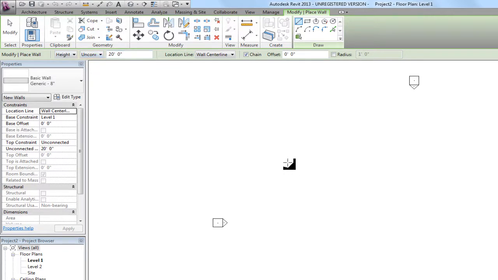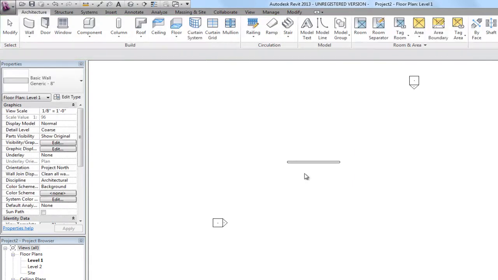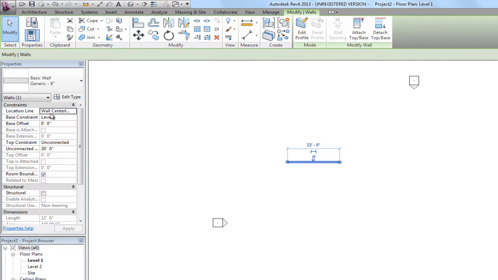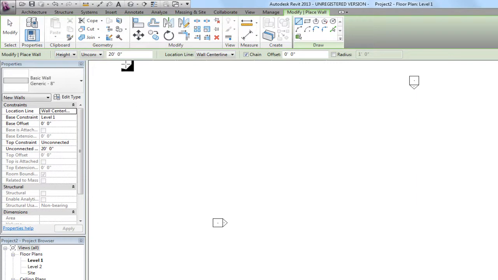So we can just pick a point on the screen and see a wall drawn. If we hit escape a couple times, we can select that wall and notice its properties after we've drawn it. We can press the delete key on the keyboard if we want that wall to go away. So select the Wall tool again. We notice the height is 20 feet. We'll set the location line to finish face exterior, and then again we'll pick a point on the screen,